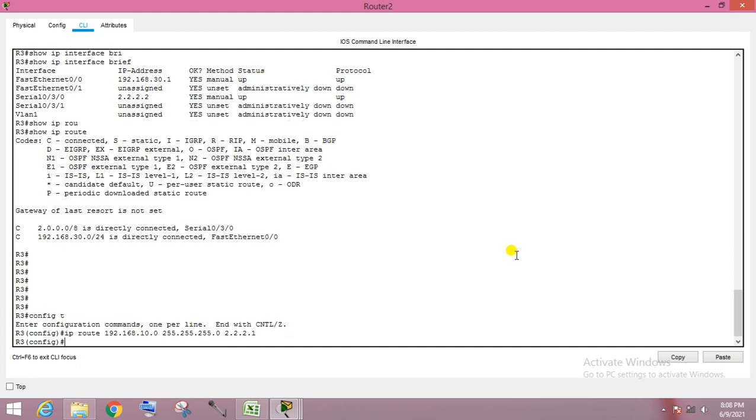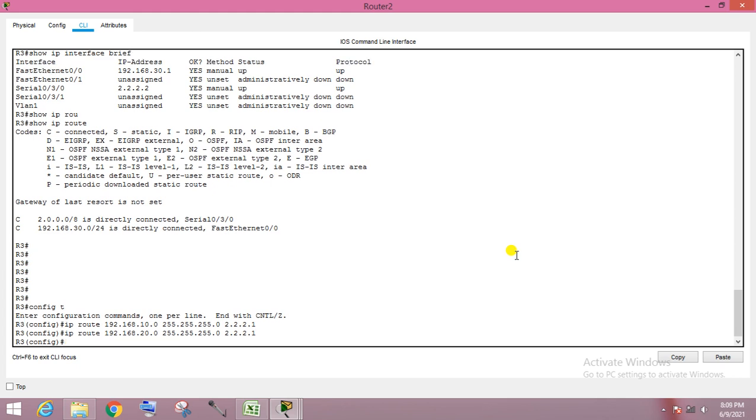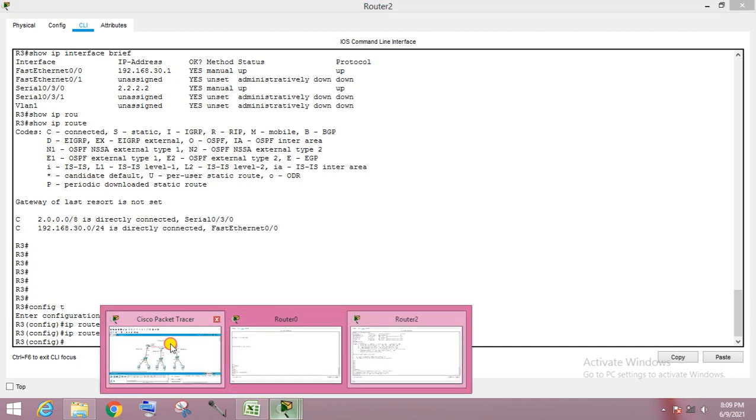Same thing, IP route 192.168.20.0 255.255.255.0, next hop 2.2.2.1. Clear? Now one route is also left, which one?